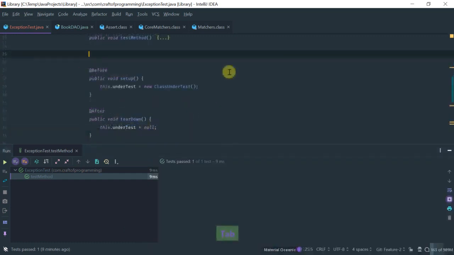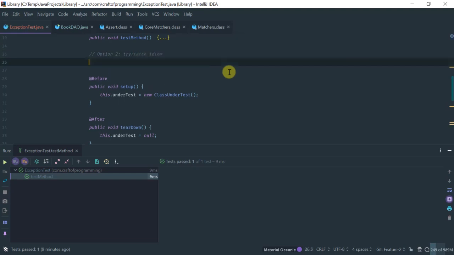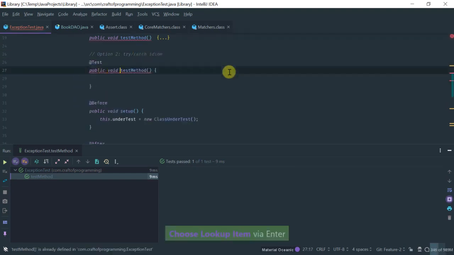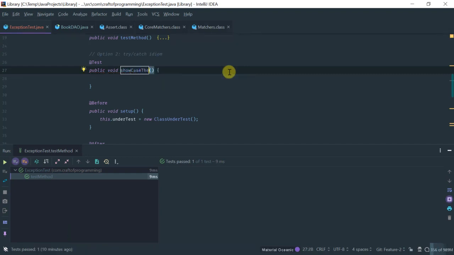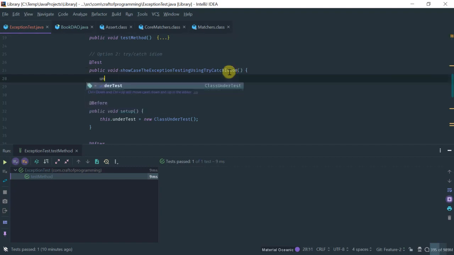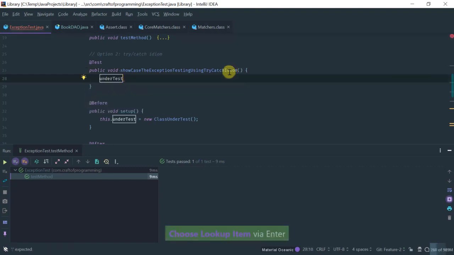Okay, so the second method or option is using the try-catch idiom. So this is option 2, using the try-catch idiom. So let's add a test method, and let's just call it showcase exception handling, or exception testing, using try-catch idiom. So essentially what you do is get your class under test, and you invoke the method that throws